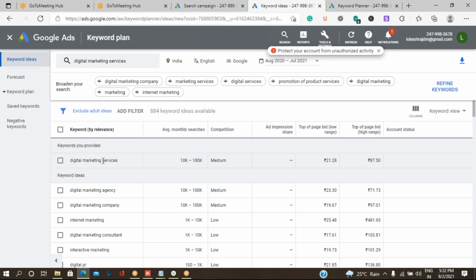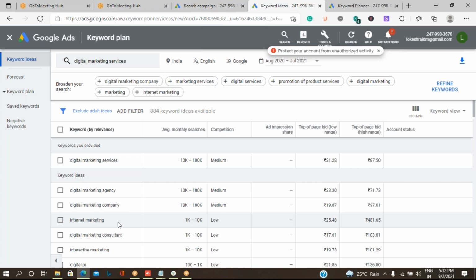Now you can also come to know how many other keywords similar to this kind of search are used. There are people also searching it as digital marketing agency, digital marketing company, internet marketing.